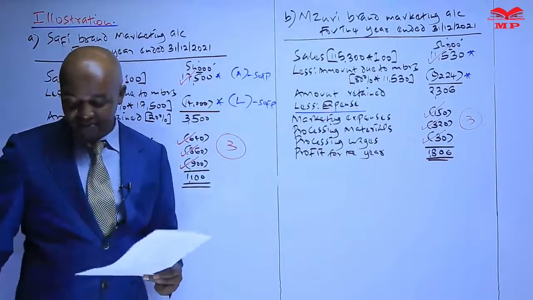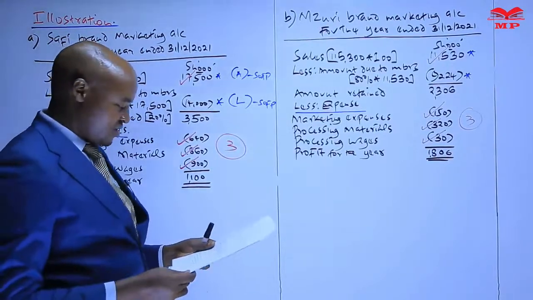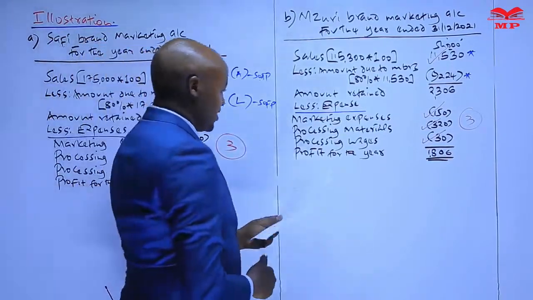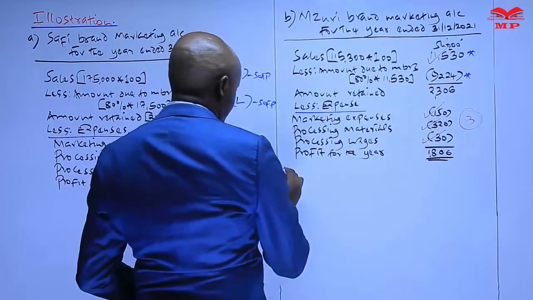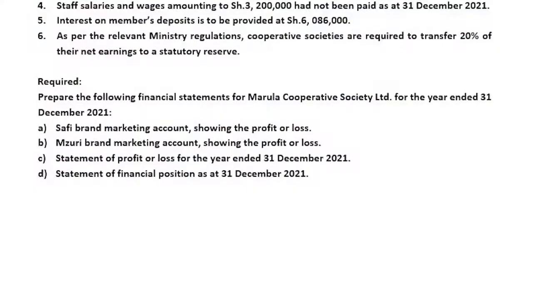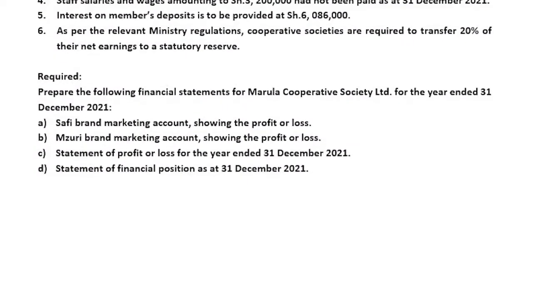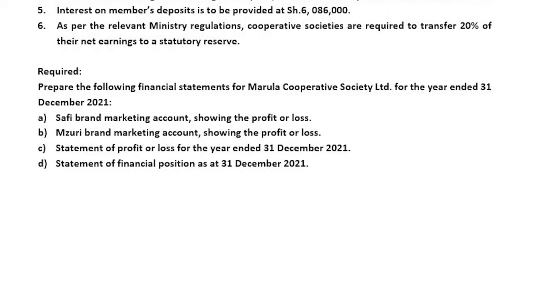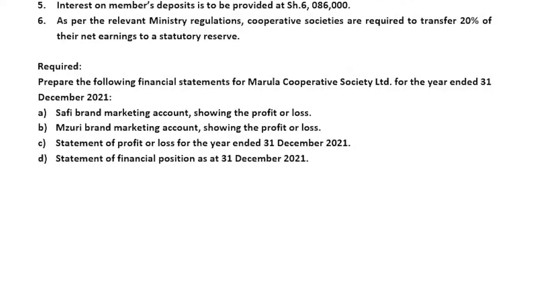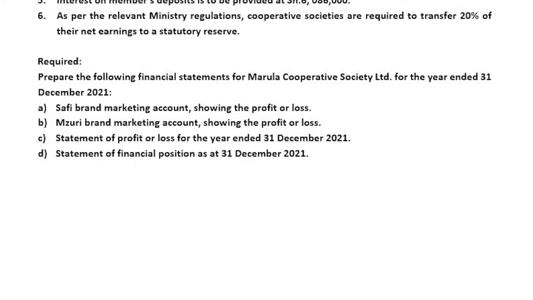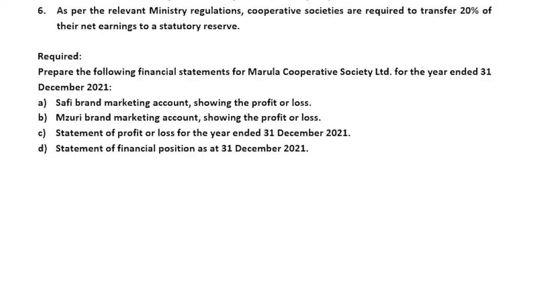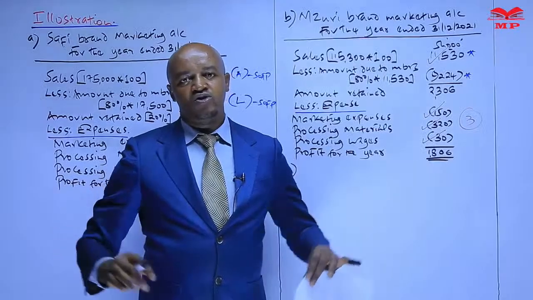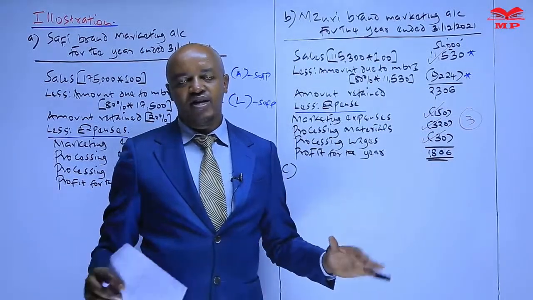It had not paid that amount. So therefore, it is important to note that. Let's move to part C of that question. In part C, we are required to prepare now a statement of profit or loss for the year which ended 31st of December 2022. Now, this one is prepared to determine the profit or loss for the entire cooperative